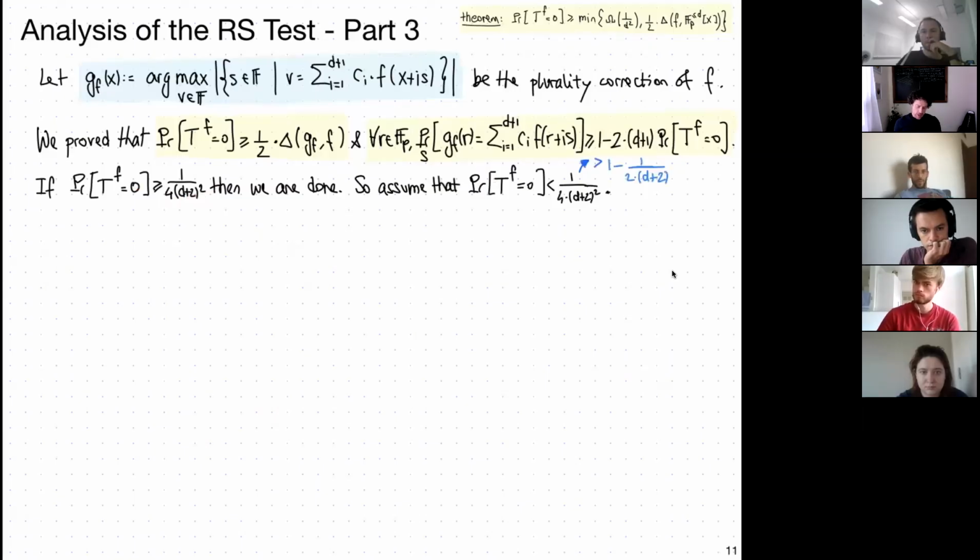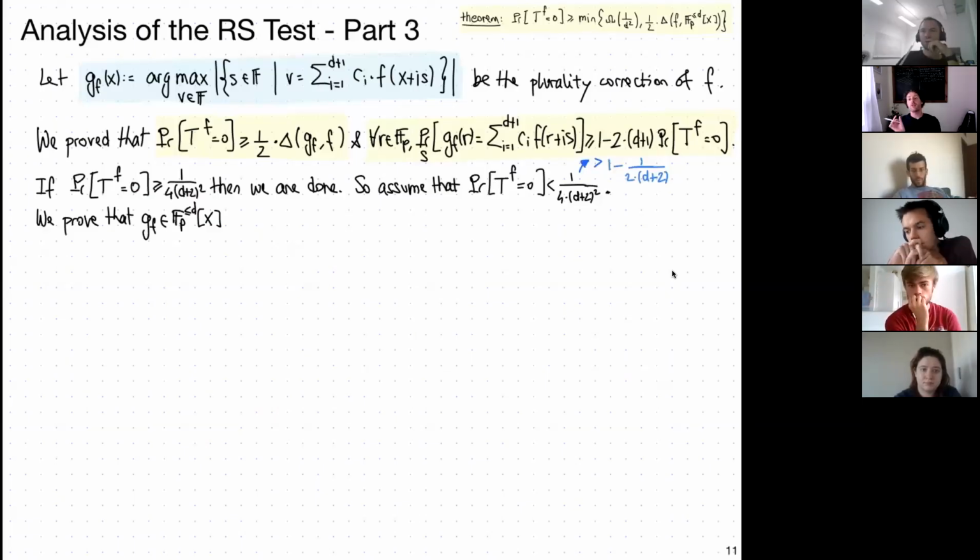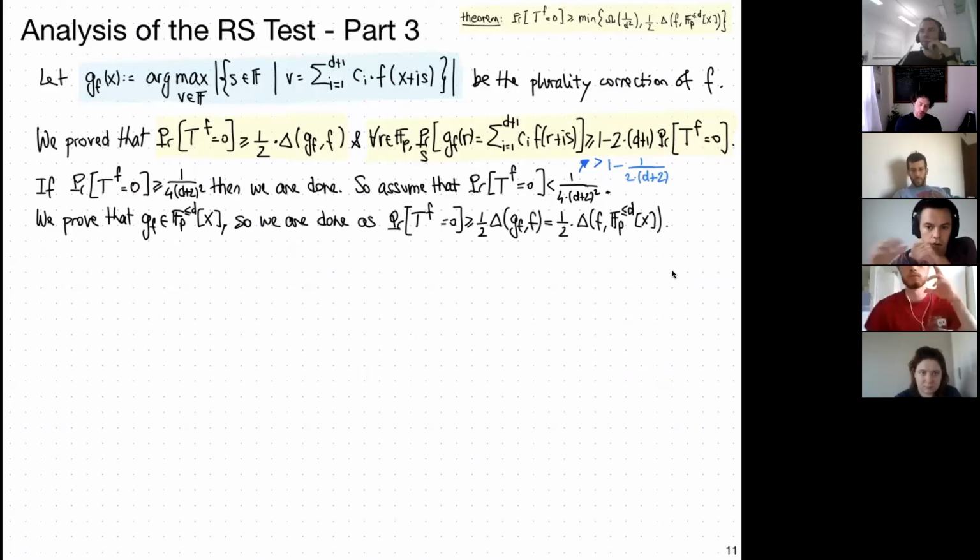Okay, and maybe it's worth mentioning that we assume otherwise, and this implies that the distance, the moment that I write it down, this entire expression becomes 1 minus 1 over 2 to the d over 2, which is what we want to prove here. Okay, so syntactically, at least, everything makes sense. And now we want to prove that under this construction, the function gf is in fact a function of low degree. And then we are done as before, right? Because we want to prove that the rejection probability is at least a distance from gf, but gf is a low degree function, and so this gives us also a lower bound